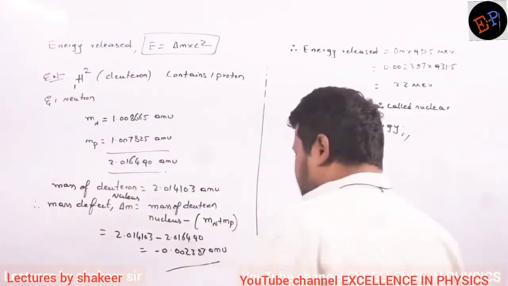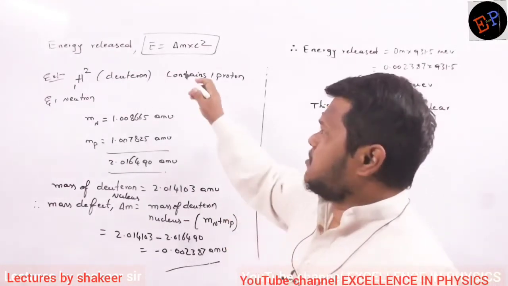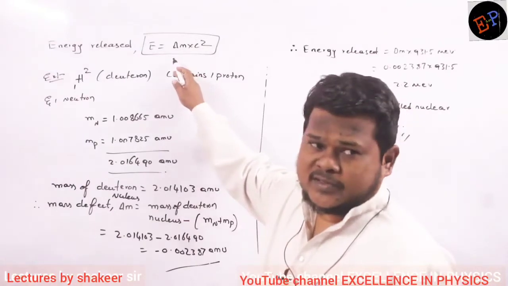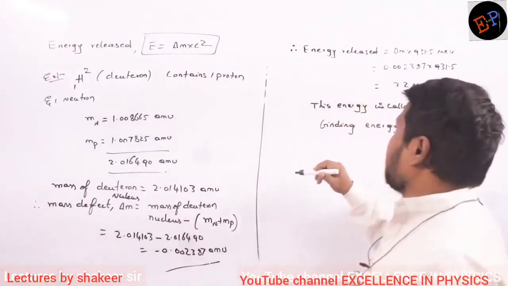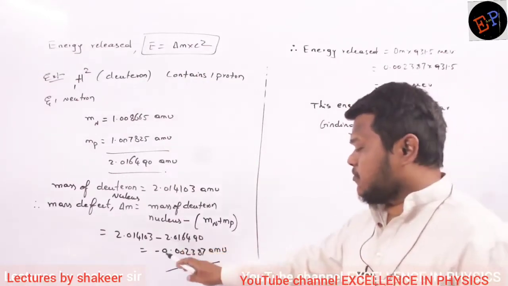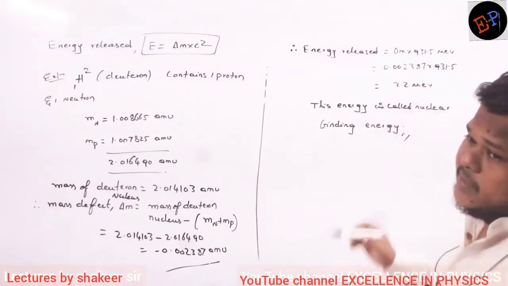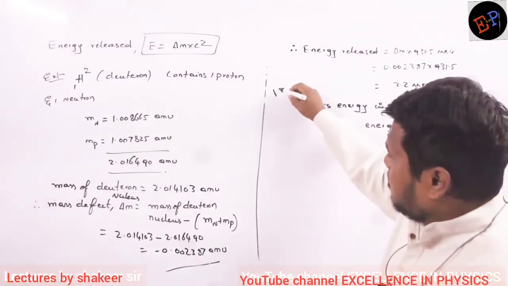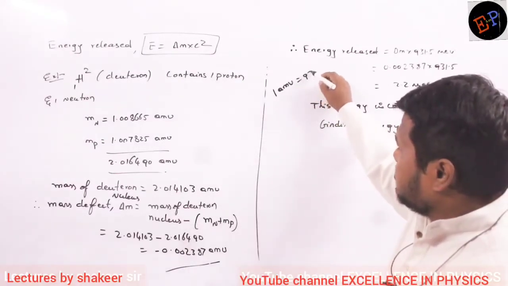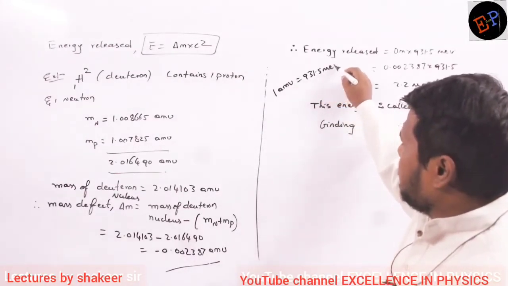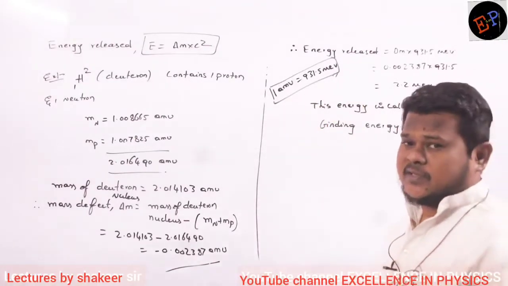So this mass I can convert into energy also, by using which relation? By using Einstein's equation of mass energy equivalence. E equals mc square. Delta m is nothing but mass disappeared. And what is the mass disappeared? This much amount of mass has disappeared. So 0.002387 multiplied by, see, already we studied that one atomic mass unit, if it is converted into energy, it releases 931.5 million electron volts of energy. This already we have studied, no? The last class we studied.